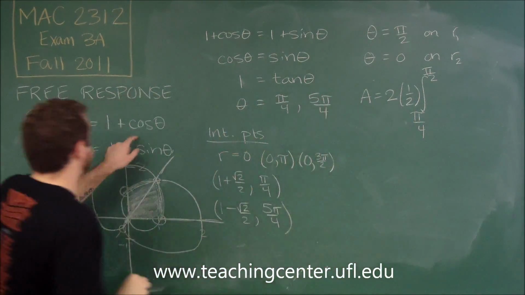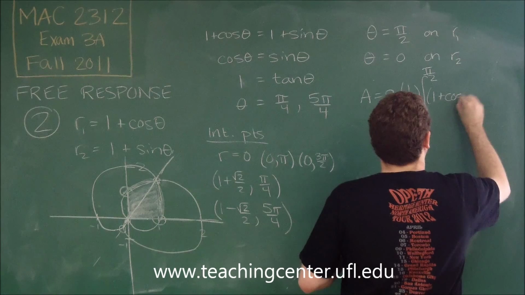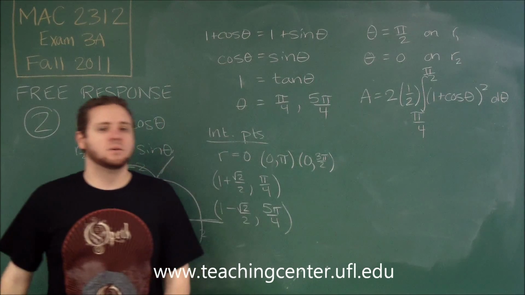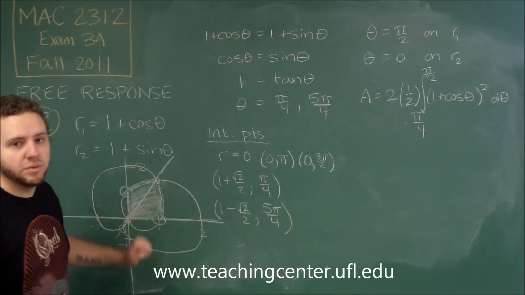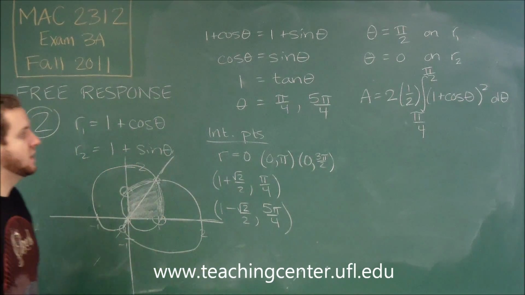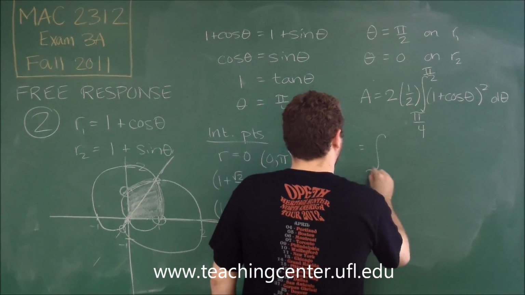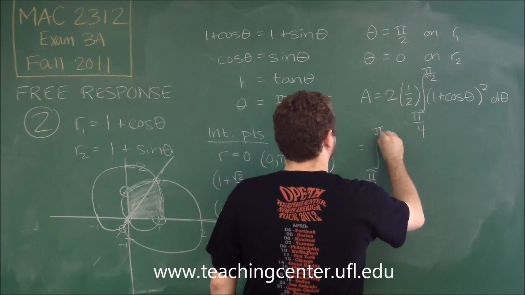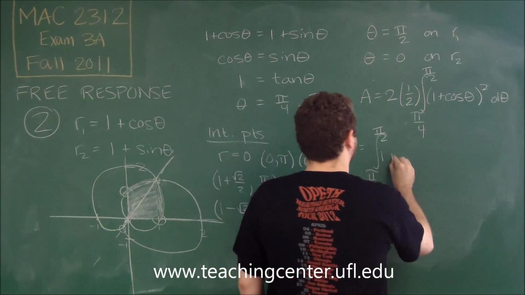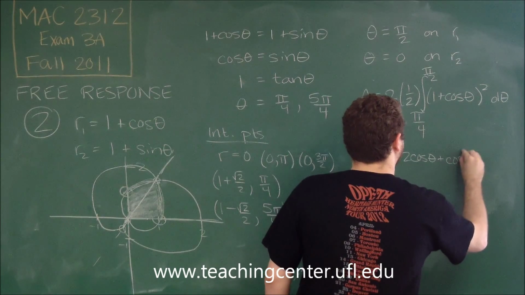And the graph was 1 plus cosine theta, but we have to square that, r squared, d theta. So evaluating this integral would give us the area of this whole thing, because remember, we're doubling just the top half in this case. So the 2 and the 1/2 cancel out like you might expect. So we get pi over 4 to pi over 2. 1 plus cosine theta squared, if you FOIL that out, you're going to get 1 plus 2 cosine theta plus cosine squared theta,